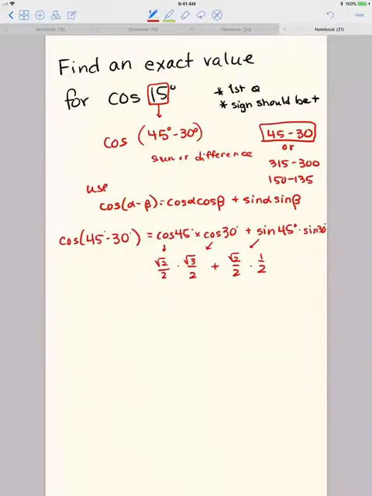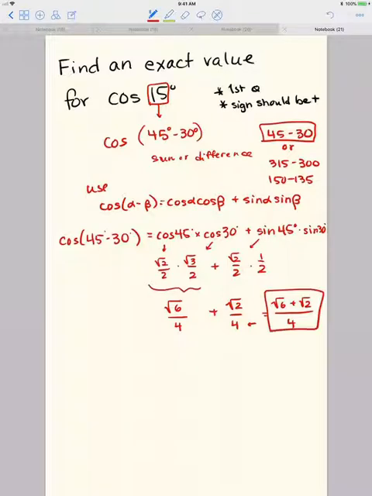For the left term, I've got two fractions multiplying, so I'm just going to multiply straight across. That becomes the square root of 6 over 4. Same thing for the other term. I'm just going to multiply straight across. There's nothing to really simplify there. That would be the square root of 2 over 4. And since I have the same denominator, you could write that further as the square root of 6 plus the square root of 2, all over 4, for your final